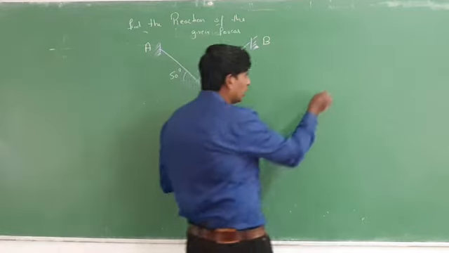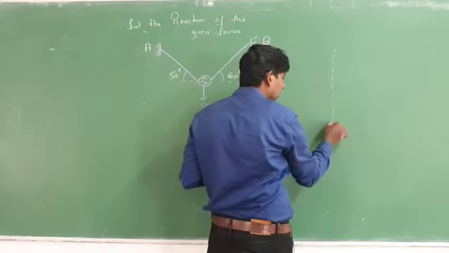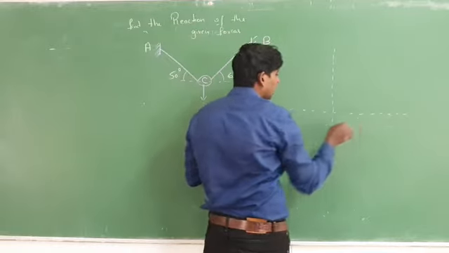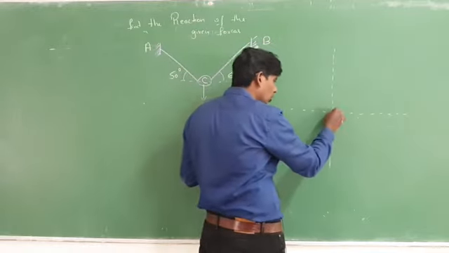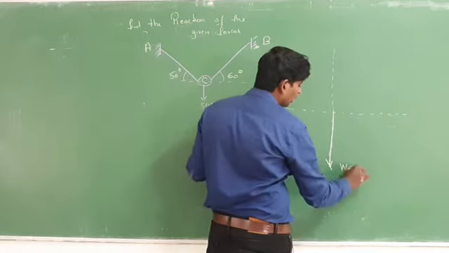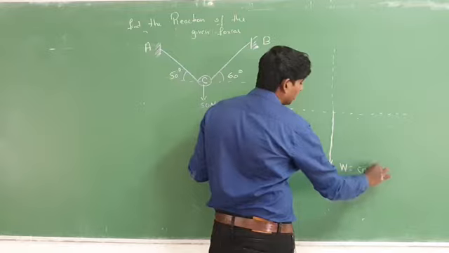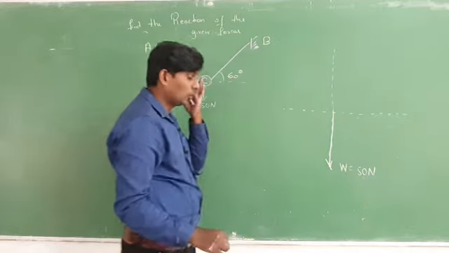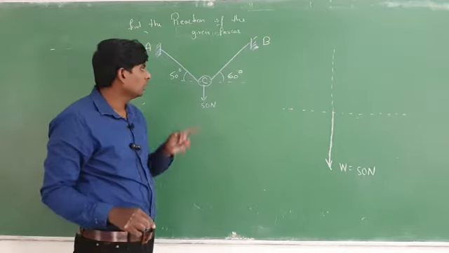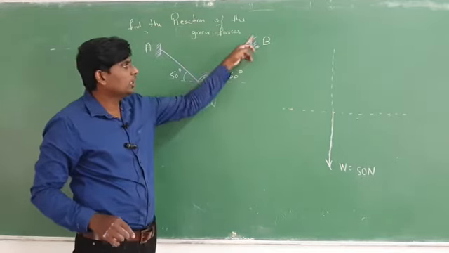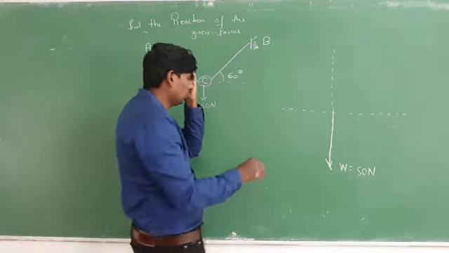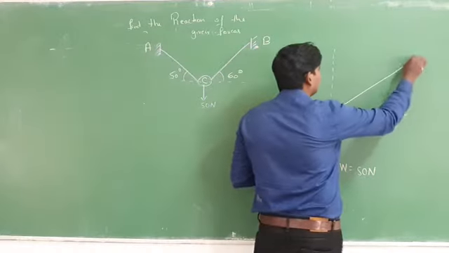For the vector diagram, this one you have to take as the Y axis, and this one you have to take as the X axis. Try to find out the first load, how much is given vertically downward. 50 Newton. The load of this one is equal to 50 Newton. And this one is going on which coordinate? Second coordinate.